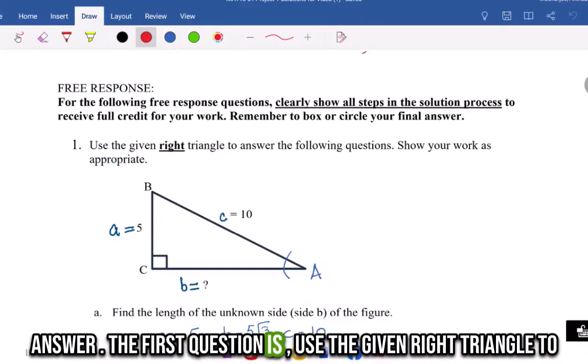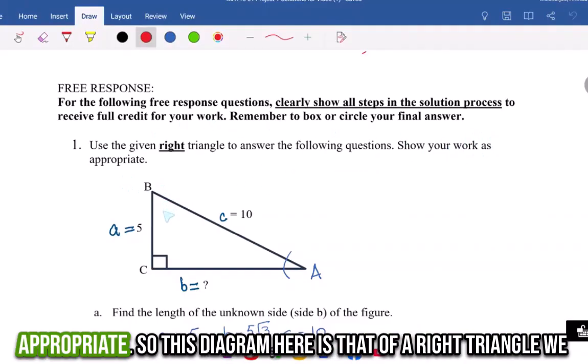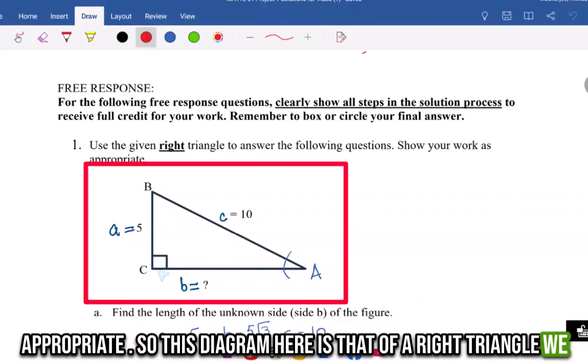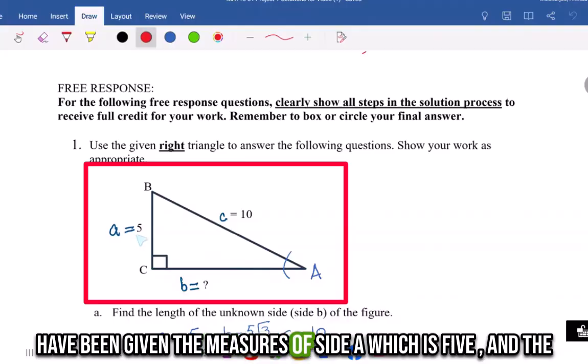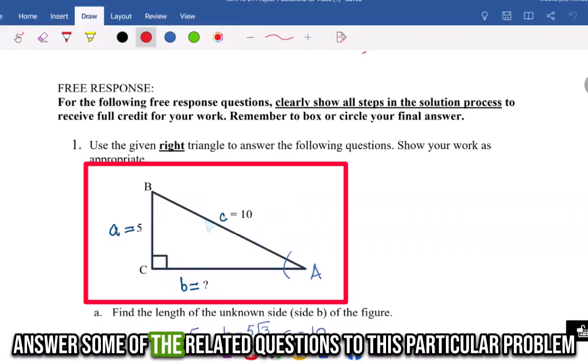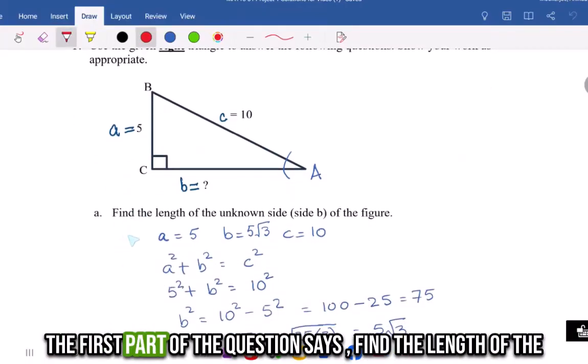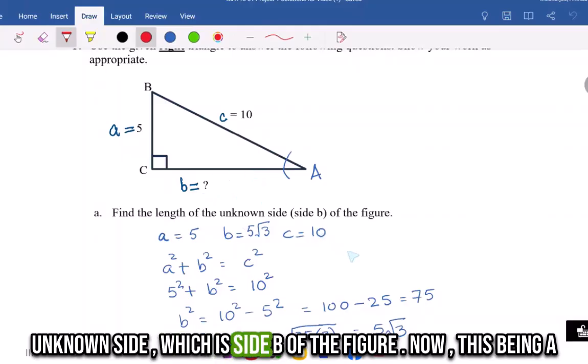The first question is, use the given right triangle to answer the following questions. Show your work as appropriate. So this diagram here is that of a right triangle. We have been given the measures of side A, which is 5, and the hypotenuse, which is side C, is 10. We have to find B and then answer some of the related questions to this particular problem. The first part of the question says, find the length of the unknown side, which is side B of the